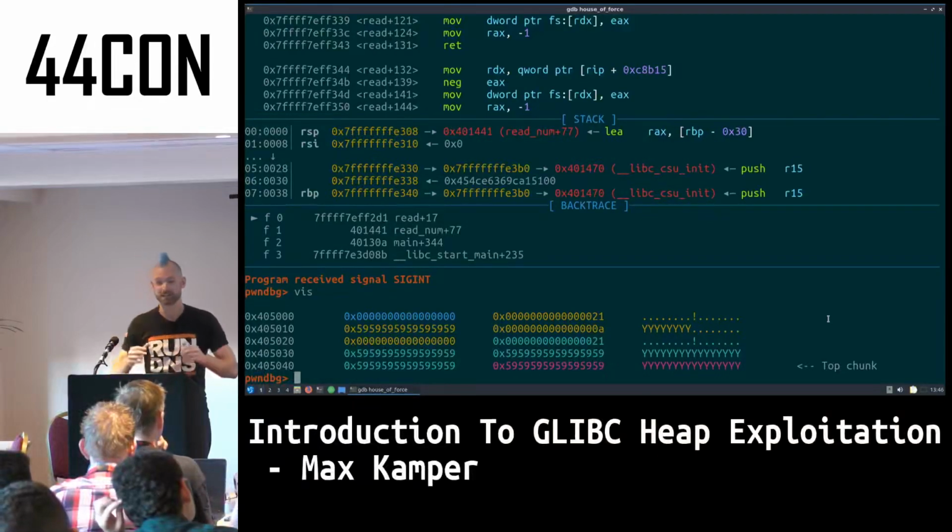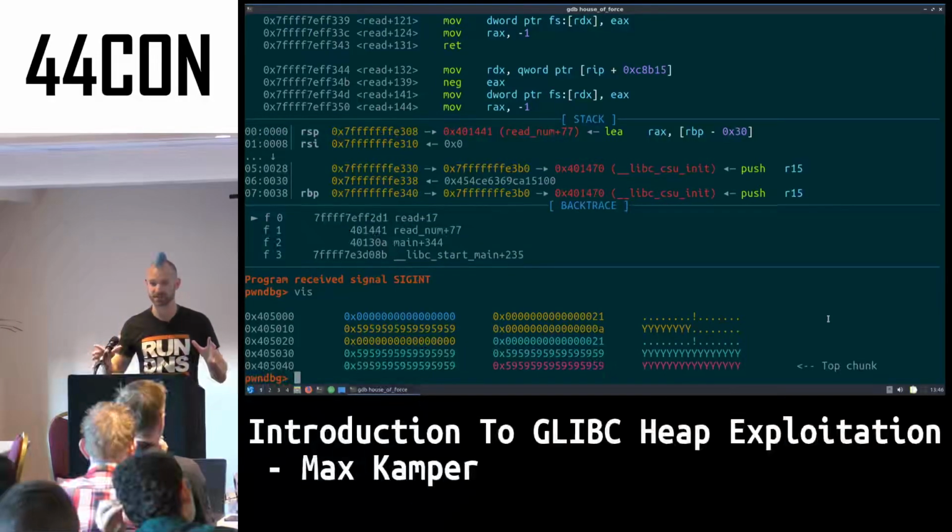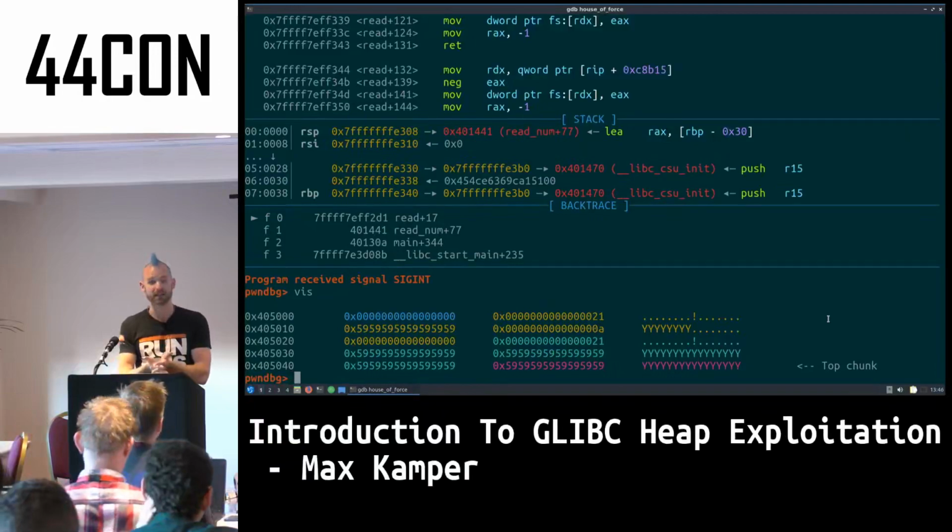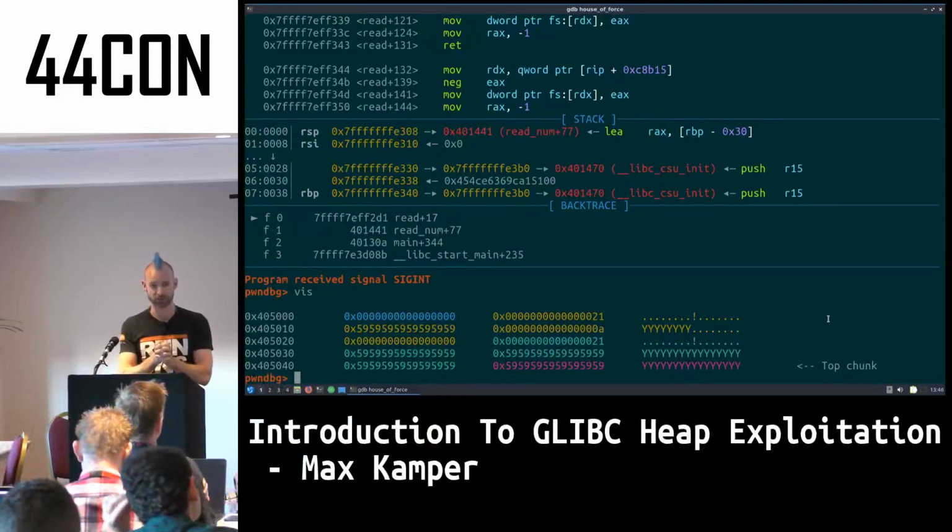Interesting idea. And in fact, shrinking or increasing the size of the top chunk is a valid part of different heap exploitation techniques. However, the House of Force requires that we make the top chunk a large value, and we're going to make it the largest value. And I'll explain why in a moment. In the meantime, we're going to script what we've achieved here so that we can make it repeatable, and we